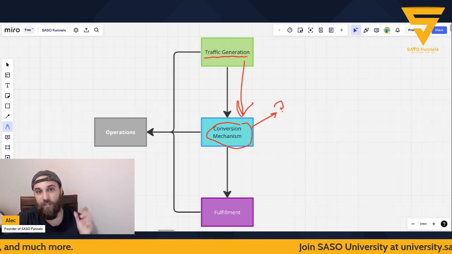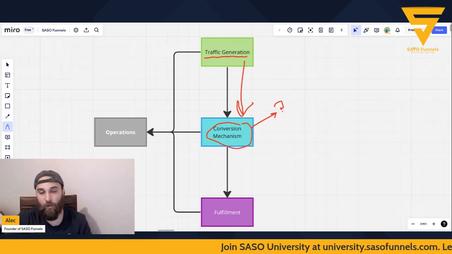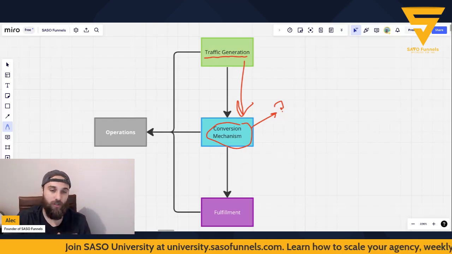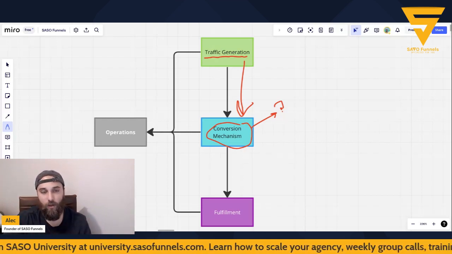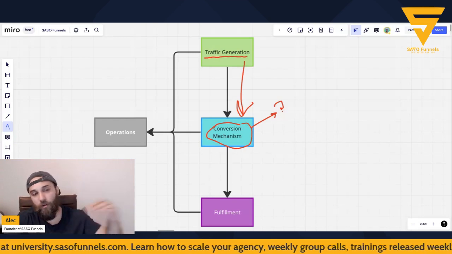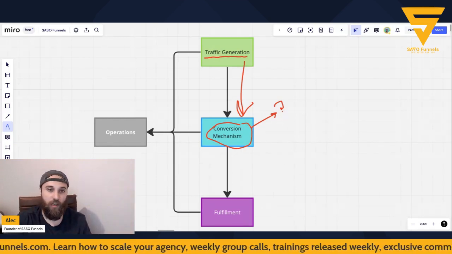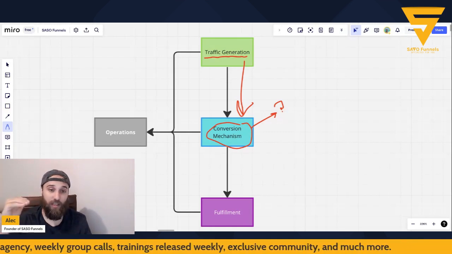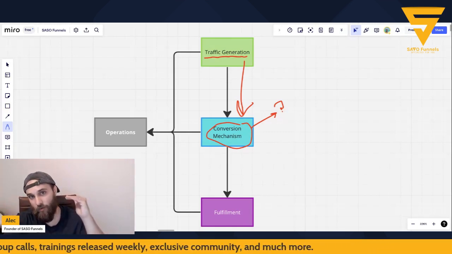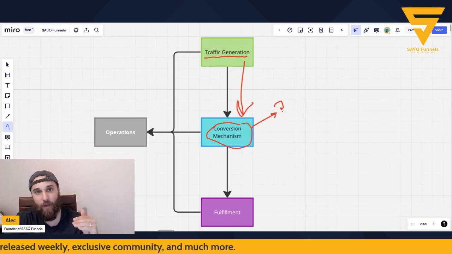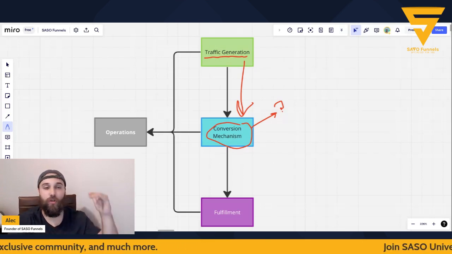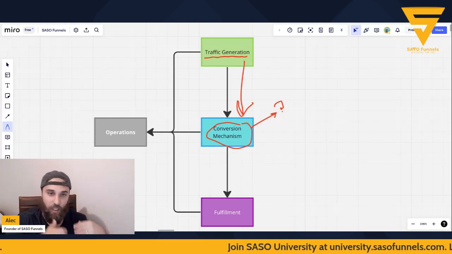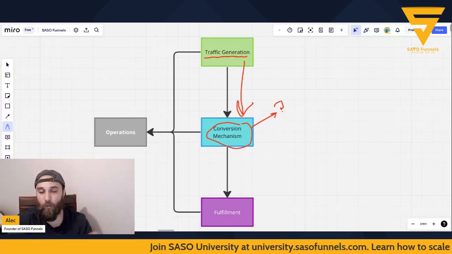Let me ask you, if you have 0 people going to that website, how many people are going to convert? 0. If you send 100 people to that website and you have a 14% conversion rate, how many people are going to convert? Roughly 14. So the number, yes, goes up the more traffic you send. However, Amazon, being the top player in the industry, has a max conversion rate of 14% on average. That means that there's only so much that you can convert on the conversion mechanism, which is the landing page, the product page, the form, whatever.